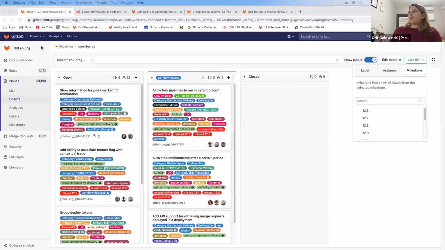the release stage. Today, I want to walk you through what we are planning to release as part of the 12.7 milestone here at GitLab. So I'll go ahead and share my screen. So in 12.7, we plan to add